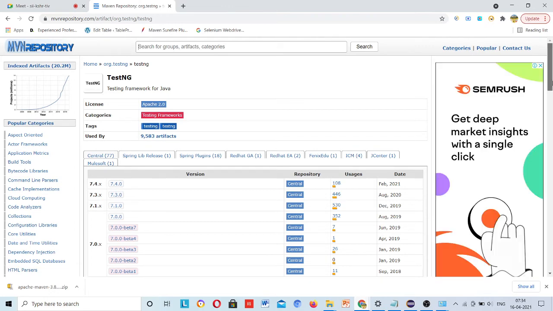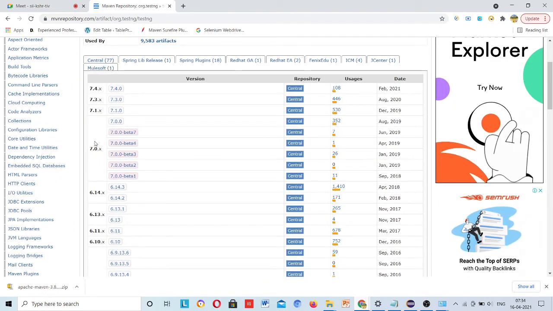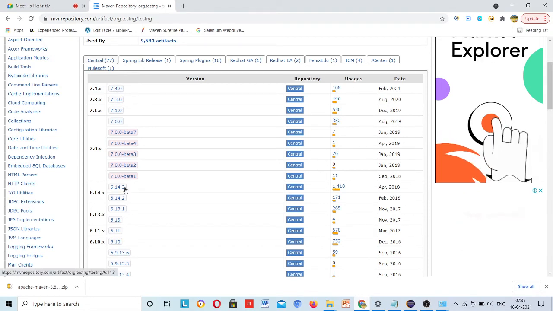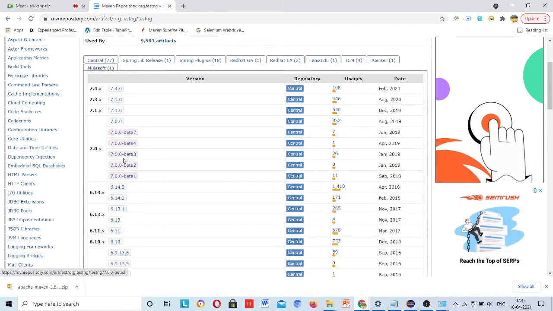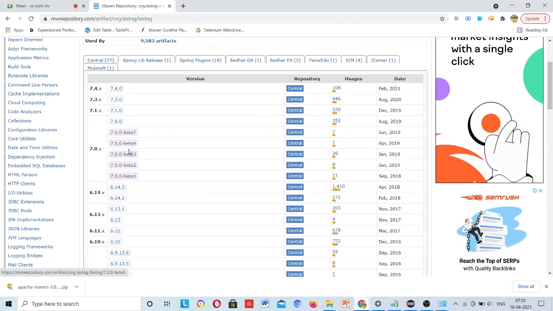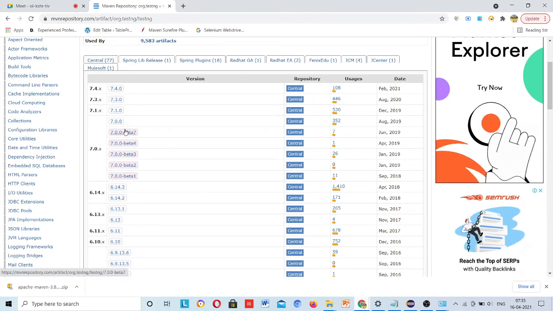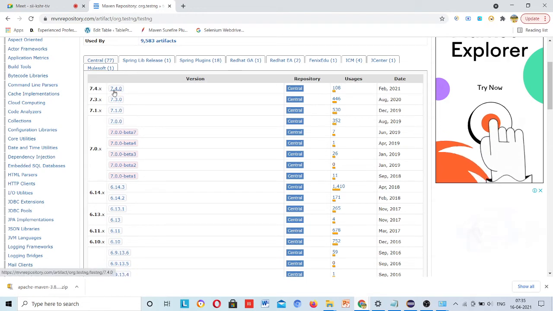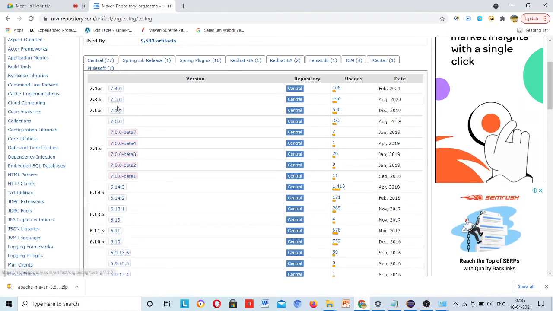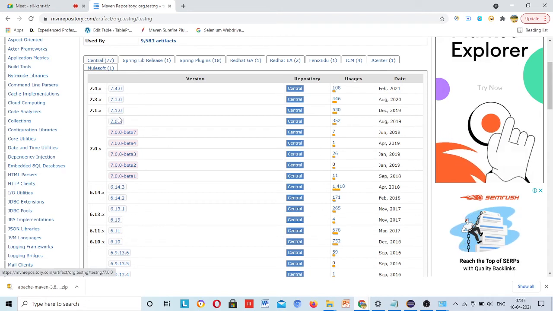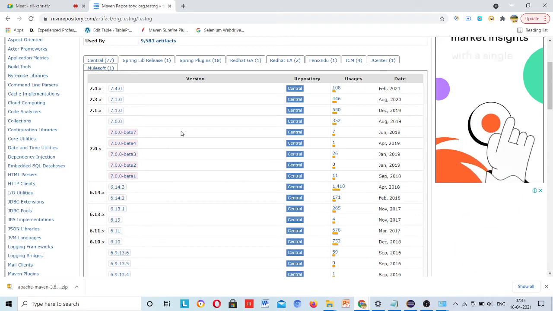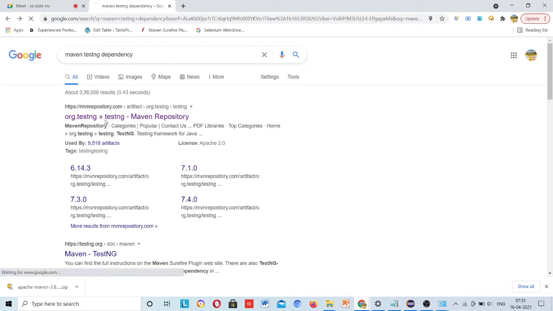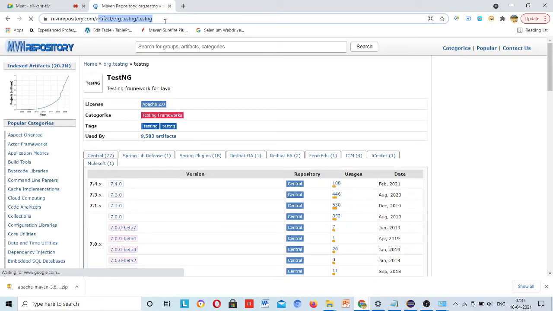Okay, and then you can choose any one, but I will suggest the most stable one. So these are beta versions now, not stable. You can go for this 7.4, 7.3.0.